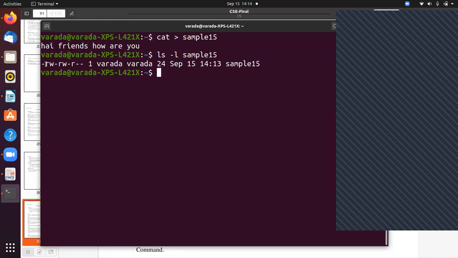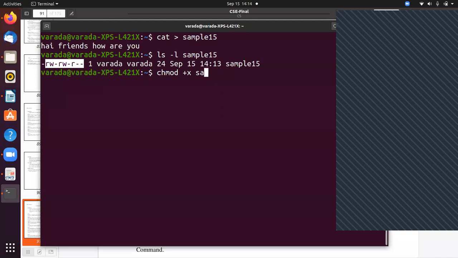These are the default permissions for sample15. How can you change the permission? Normally, chmod +x sample15. In this way you are going to change the permissions.